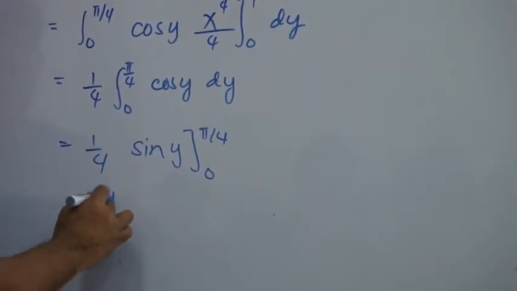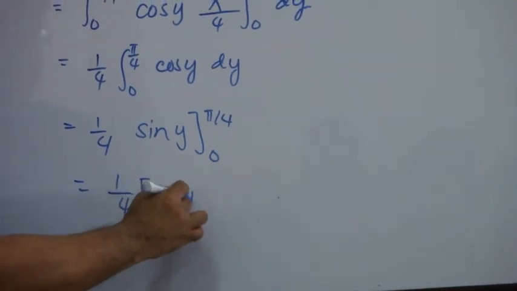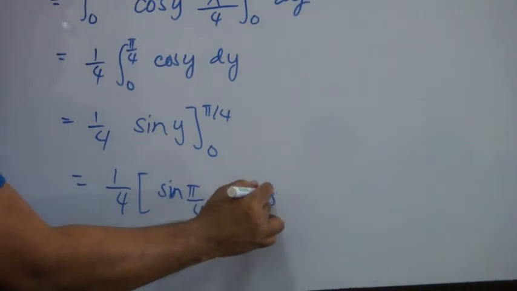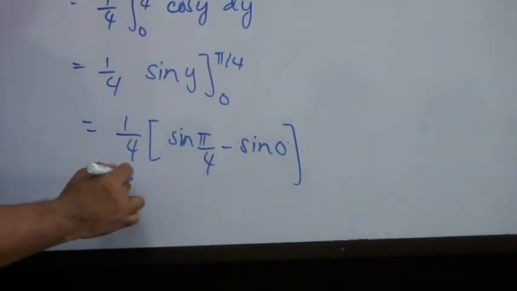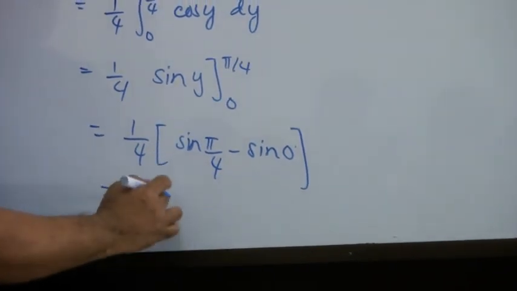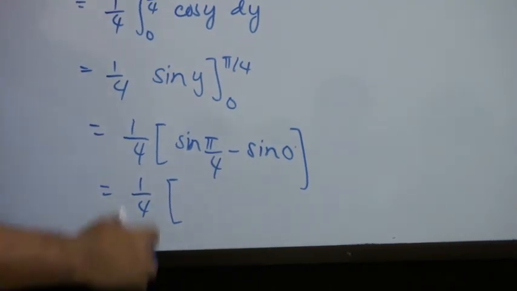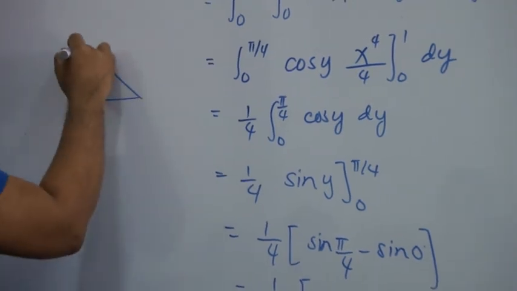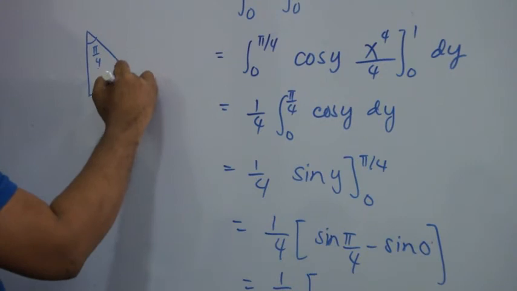Then apply the limits. We have now 1/4 times sine pi over 4 minus sine 0. Let's apply the upper and lower limit. Okay. What is sine pi over 4? This is a special angle. In degrees, this is 45 degrees. Okay. So if we have a 45 degree by 45 degree triangle, or pi over 4 by pi over 4,